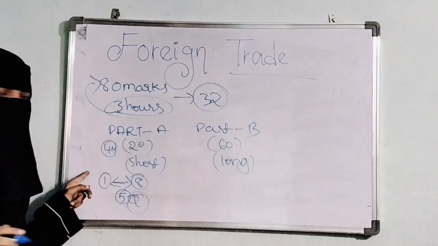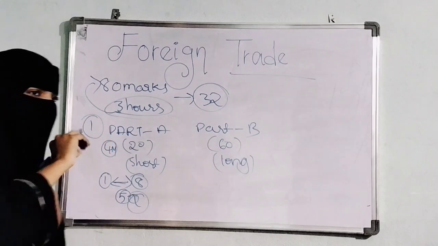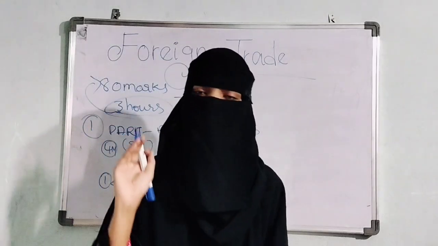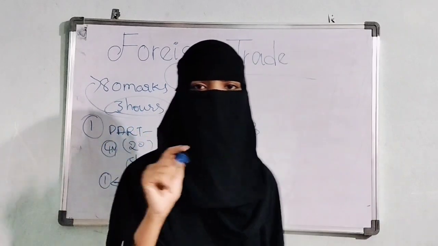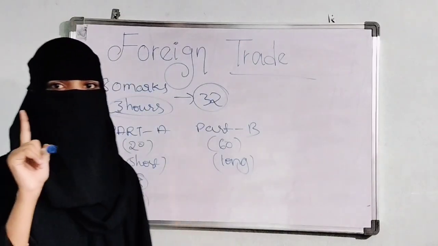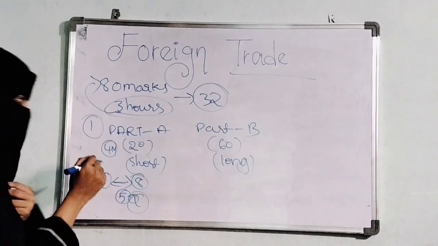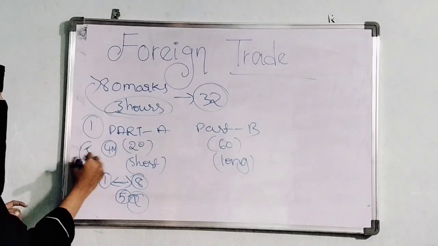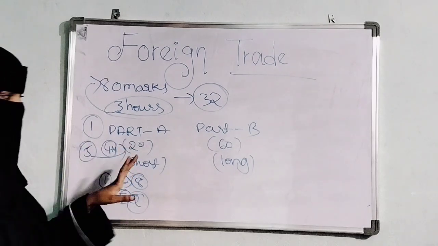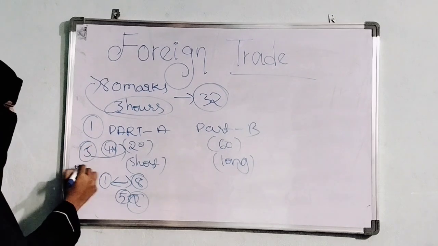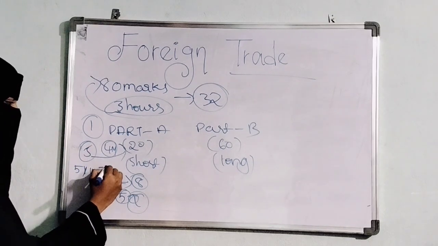For 4 marks, one side is compulsory, must and should. For short question answers, you have to write one side, no doubt in that. If you write one side only, you can expect 4 marks for one question. So if you are writing 5 questions, 5 sides will be completed here and 20 marks will be in your hands. Because one question will carry 4 marks. 5 into 4 equals 20, right?